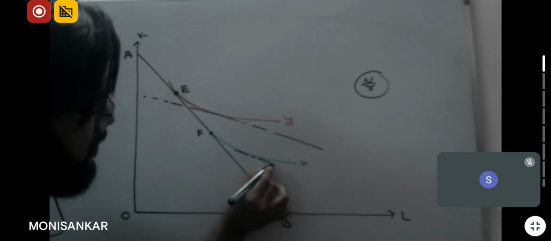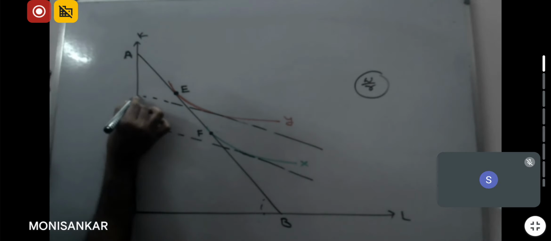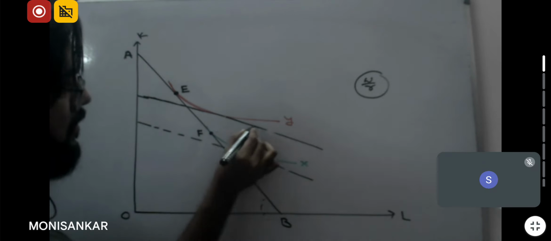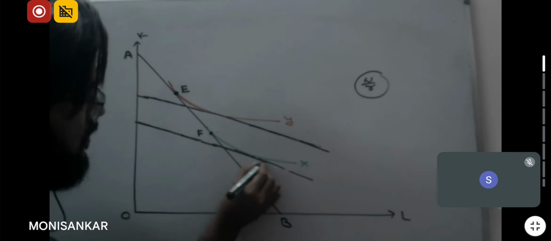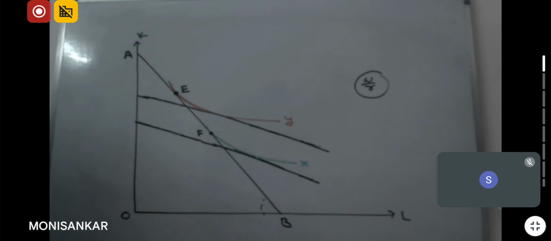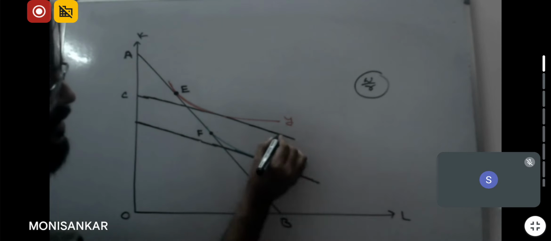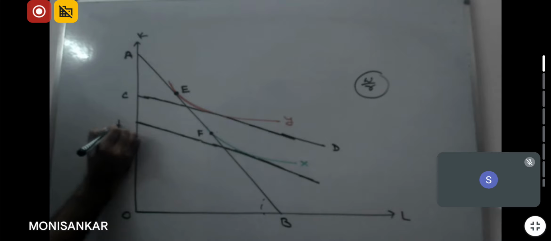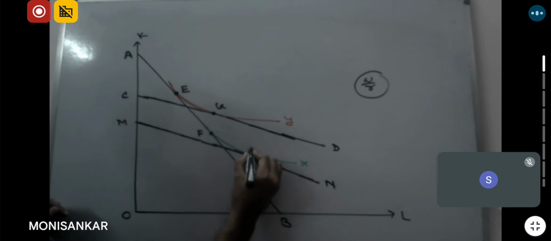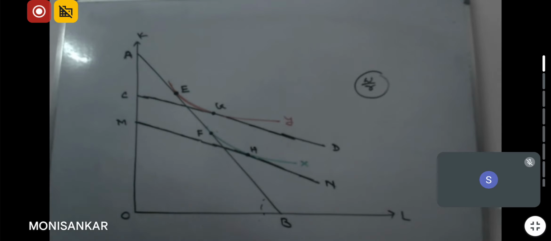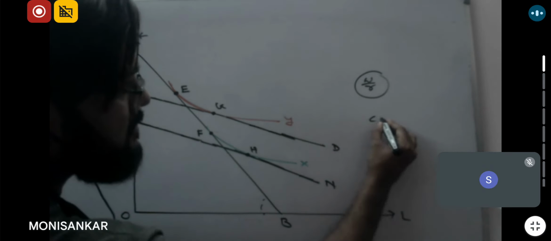This one and that one. Suppose C, D, M, N. Point is G. Suppose H. Follow the graph. Here CD and MN both are parallel